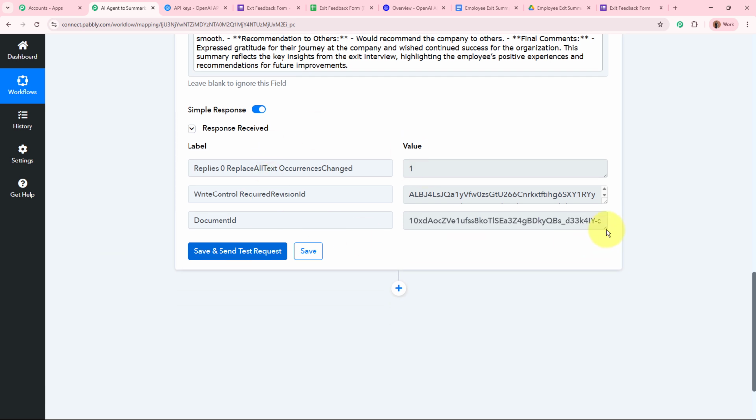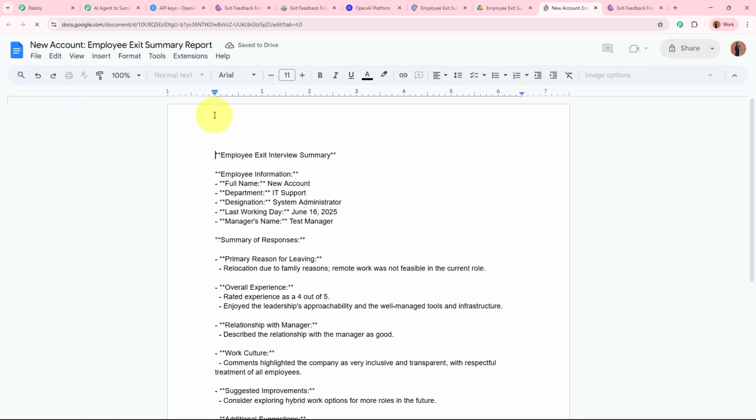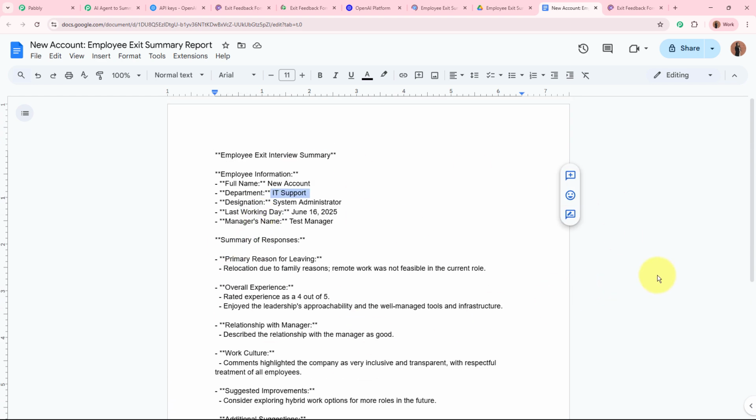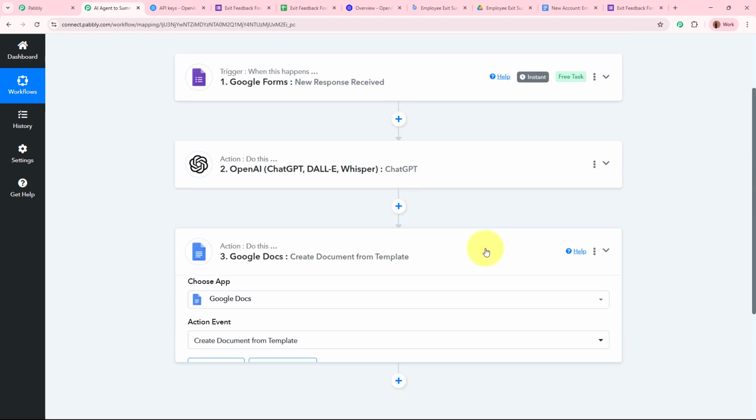As I've done that, I have received a response. In the response, I have received the document ID, which is a positive response. So if I open my Google Drive folder, you can see a new file has been added in my folder. If I open this document that is created, you can see the report of the new account employee has been successfully created. The department was IT support. You can see this was the same content generated by my AI agent and has been created as a summary documentation using Google Docs. So as the document has been created successfully,